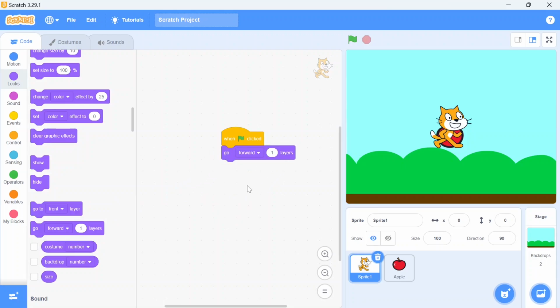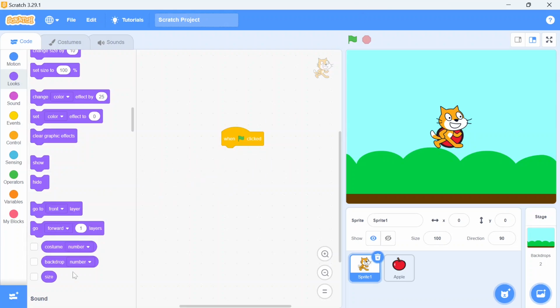Now if you want to use go forward and backward layers, here you can select the number of layers. Suppose you are going to choose multiple sprites and you are making layers of different sprites over there, so you can set the number value of your layer and you can move your sprite forward and backward. Like suppose this sprite is forward right now and you want to make it backward, so just choose backward and click the flag and you will see the effect, it moved backward. Now again if you want to choose forward, you can see it comes forward. So you can set the layer value in that, otherwise both blocks work in the same manner.